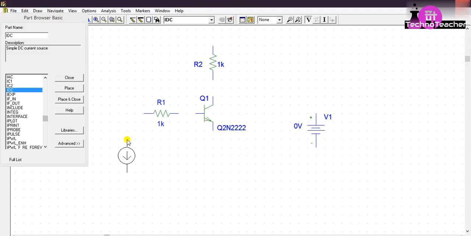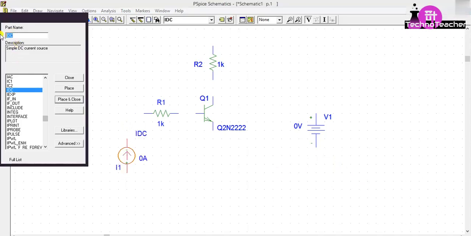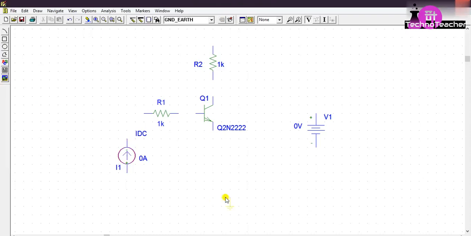To rotate, press Ctrl R. Okay. Now place it. Then right click. We need ground. Select on ground earth, then place and close. Right click. Now to join this with wires, click on draw wires, then join this with wires.